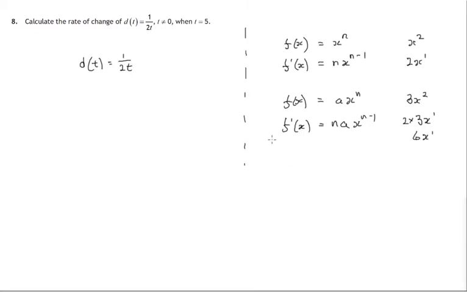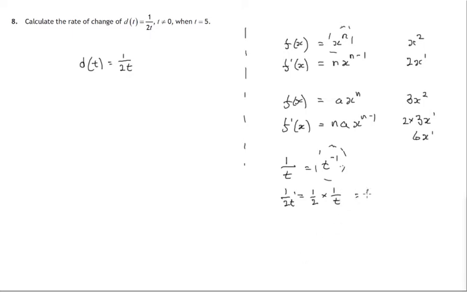Now the problem here is the fact that we've got the variable t down at the bottom, and we do know that 1 over t is t to the minus 1, and that therefore allows us, if we have something like that, to use this rule of the variable raised to the power n, for instance. So that's useful. However, it's this 2 that's down there that's the awkward thing, and we should be thinking of a half, or 1 over 2t, as 1/2 times 1 over t,